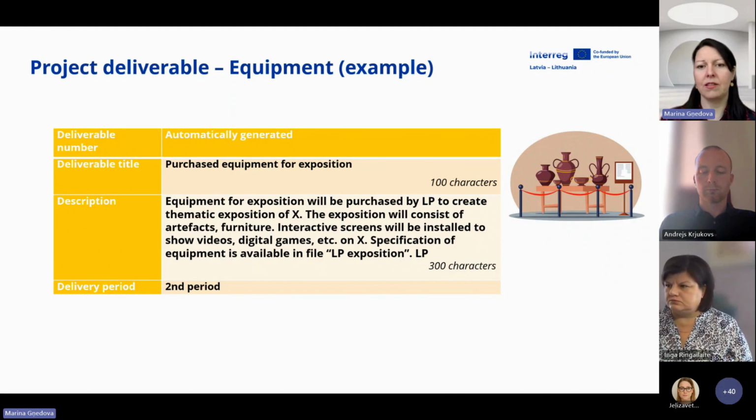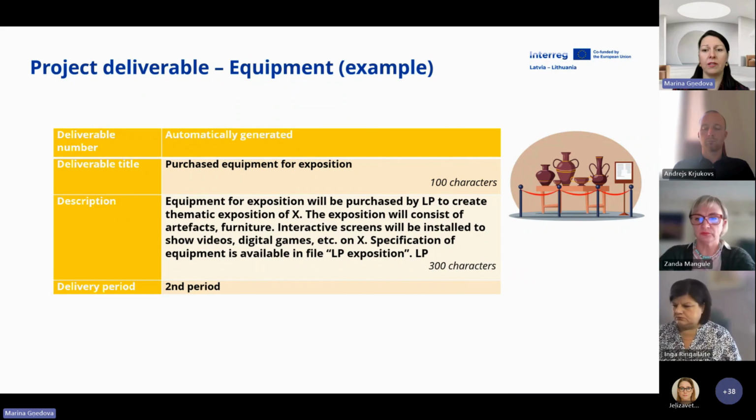So the more details you provide, the clearer it is what project partners are going to deliver, and if some product or methodology would be demanded or interesting to the target groups. Also, the specification of equipment you can put in the attachments, because in the deliverable you will not be able to number or name all these items, and it's not needed even. Yeah, just prepare a separate file with a list of equipment, some specifications, costs, and put it in the attachment, but